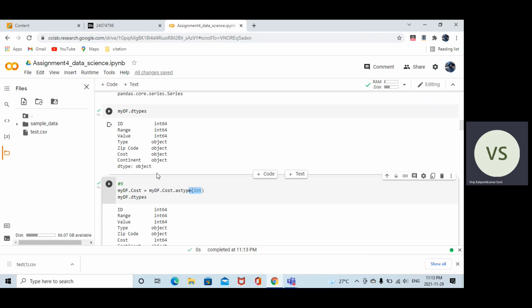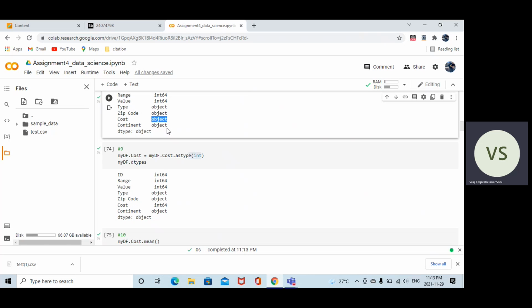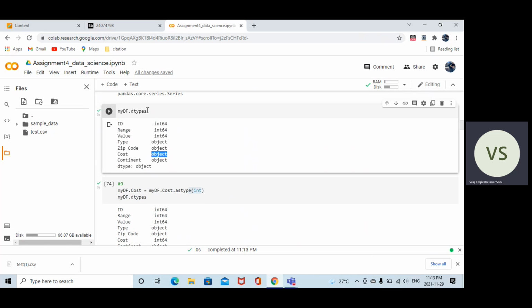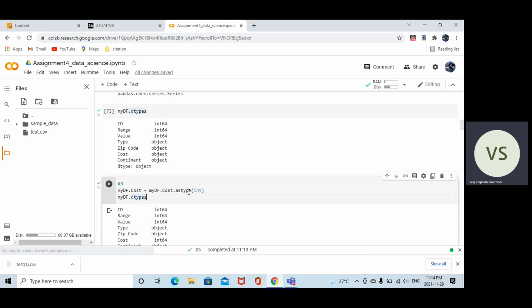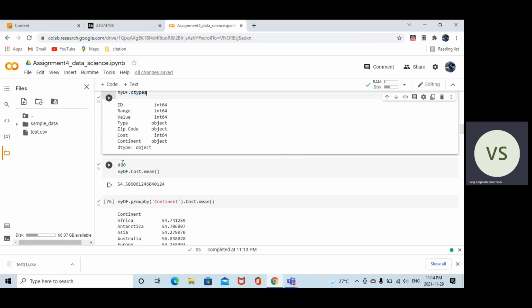First of all, it says object. Here you can see, just to make sure, I did my df.dtypes. So in cost it says object, but after changing to integer, I rewrote it another time, and it now says the cost column is int64 because I converted to integer. That's why it is working perfectly fine for me.